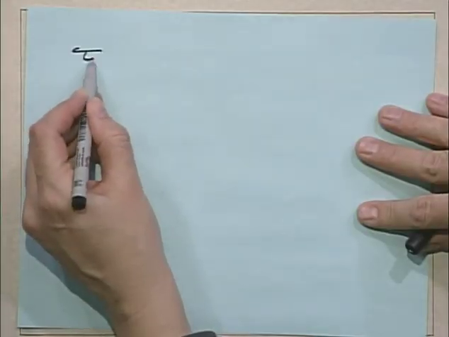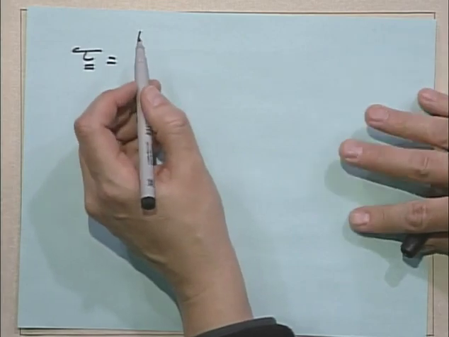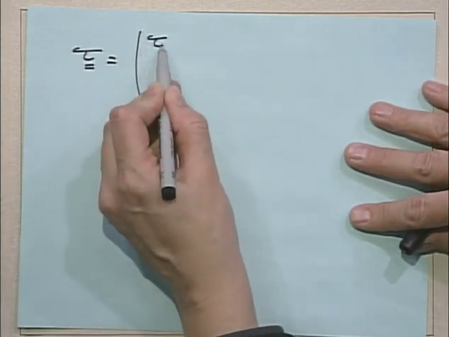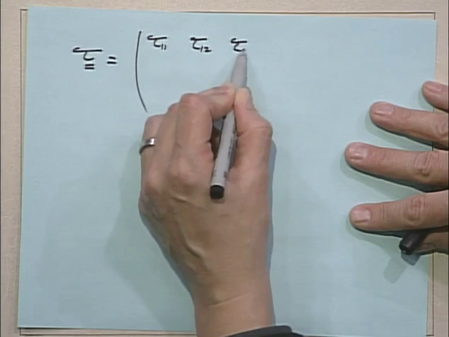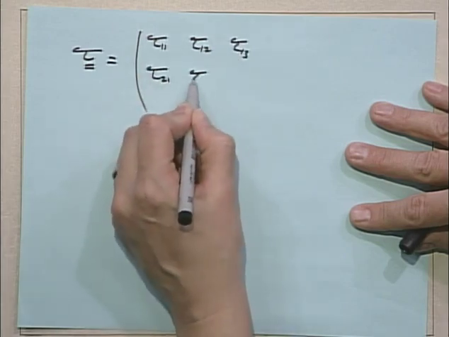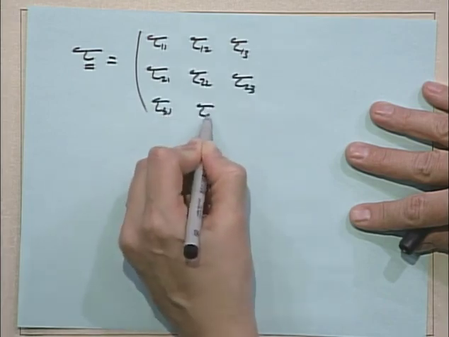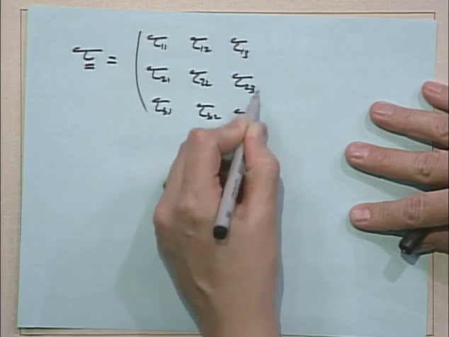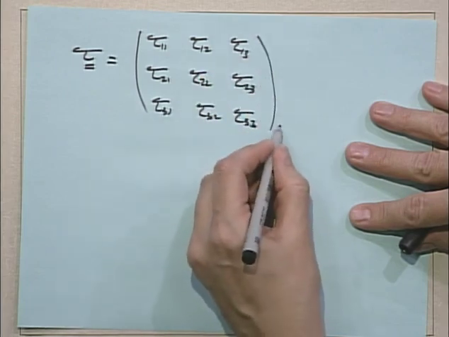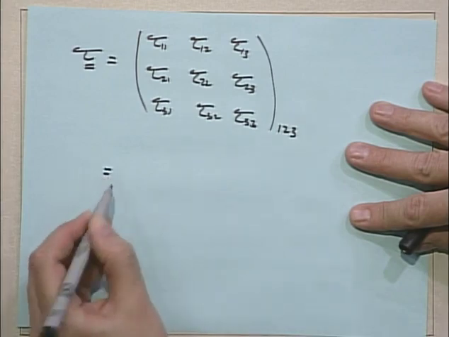3, 3, except for the 3, 3. Correct, because that one will cancel. So if I write it in matrix form, I've written tau, okay? And I can write it in the regular coordinate system, tau 1, 1, tau 1, 2, tau 1, 3. No bars on the top. Tau 2, 1, tau 2, 2, tau 2, 3. Tau 3, 1, tau 3, 2, tau 3, 3. This is in the 1, 2, 3 coordinate system. All right? I wrote it in the